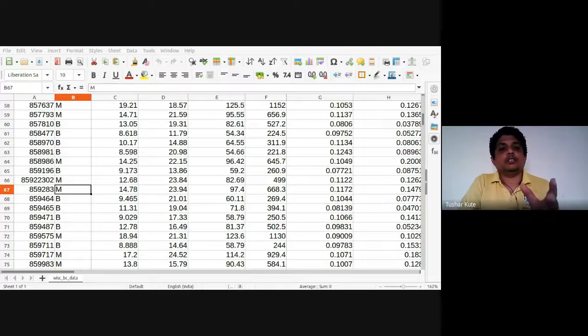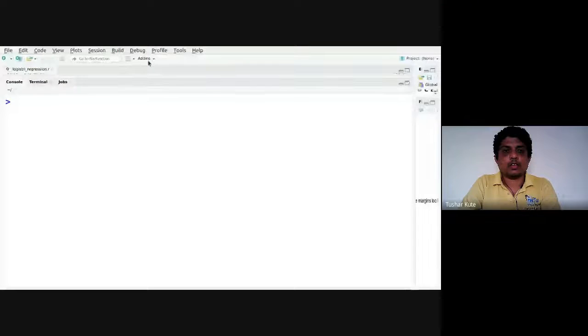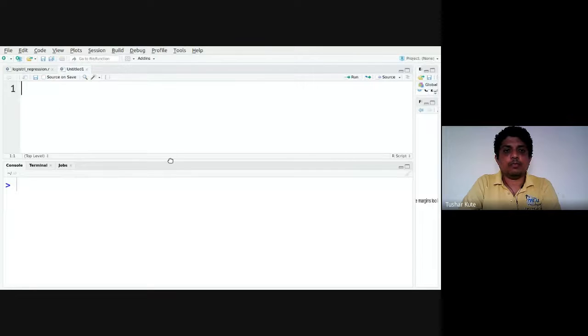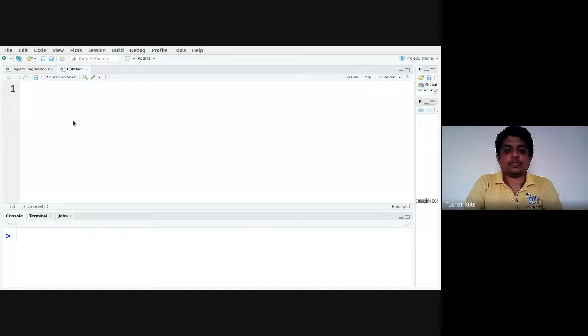So how can I use linear discriminant analysis for the same? That we will see step by step now. The same techniques are there, only my algorithm is different. My algorithm is present in a library called MASS that we have to install, and only then can we use this library. So let's create a new file here and save it. Here is your linear discriminant analysis program, and let's read this data.